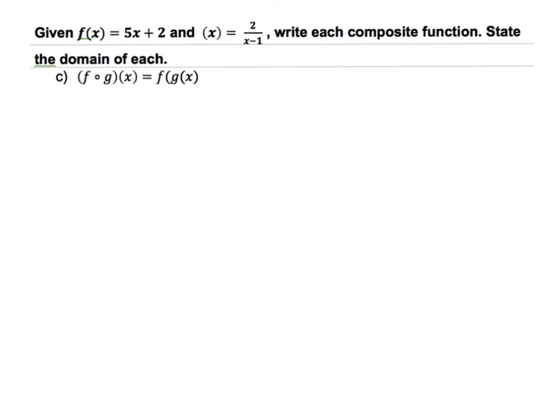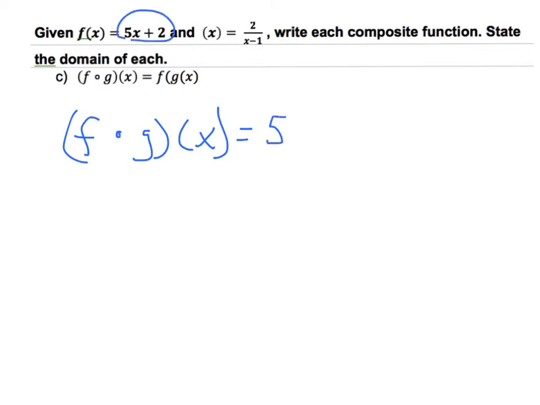Okay, let's try another one here. Again, we are finding f of g of x, and this time I'm going to use this notation just to get you used to me interchangeably changing between these two. So in looking at these, I'm going to take this function right here and write it with a parenthesis there because I am plugging the other function in for it. Okay, so substituting the 2 over x minus 1 into that,